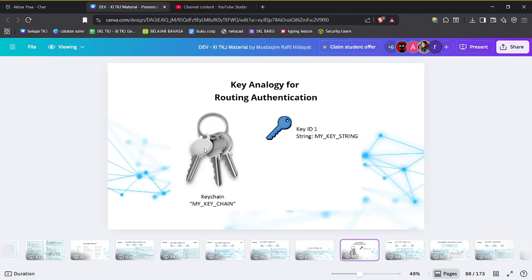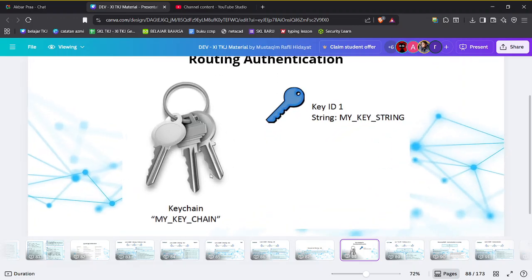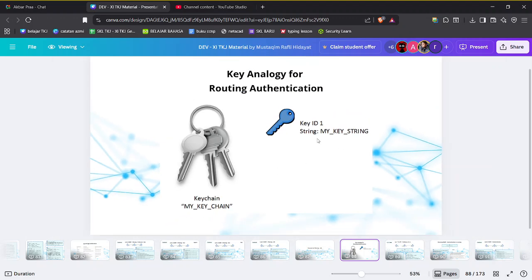This is key ID 1, this is key ID 2, and this is key ID 3. And what is the meaning of string? String is the shape of the key. Look, how to say this in bahasa is gerigi. That's the string.